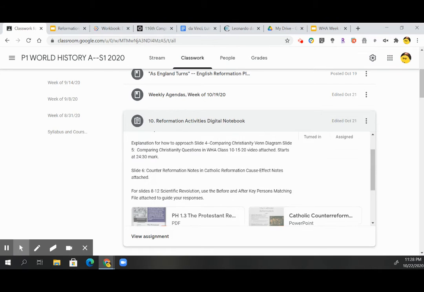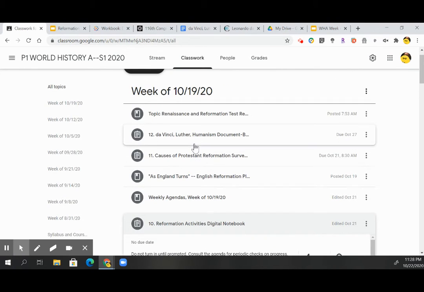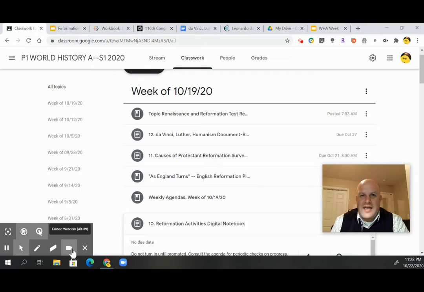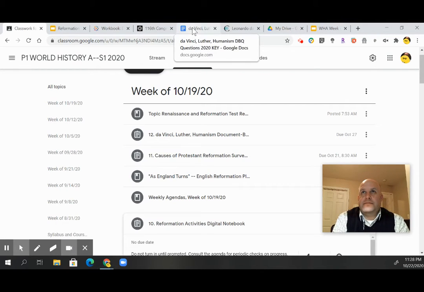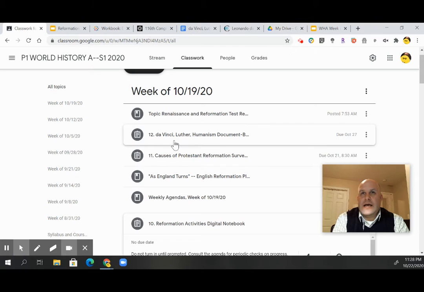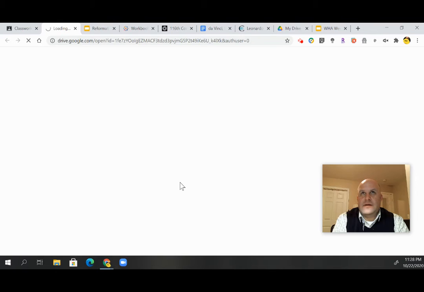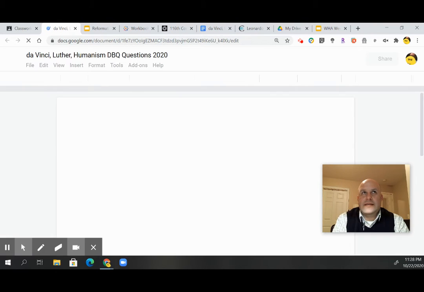Okay. Back to the topic at hand. Again, the test is part of the operation, but you must understand that you also have some short answer questions, document-based questions. Started going through those in class on Thursday, and then you're going to do some of them independently. But looking at this document, so let's take a look at it and open it up. You have various documents are worth certain points.